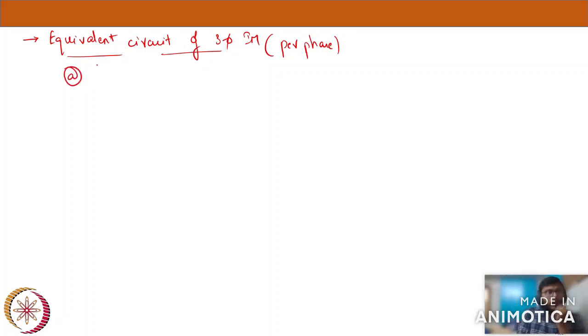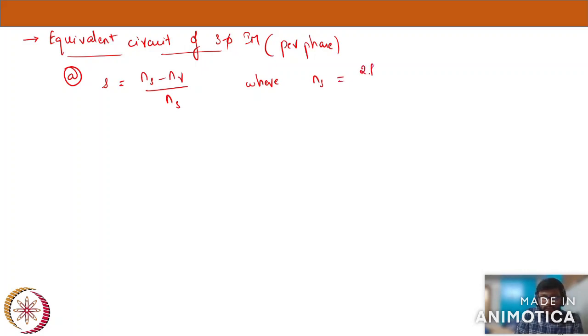Coming to slip, we know the slip comes into the picture whenever our rotor is rotating with some speed which is different from synchronous speed. If both rotor and stator are rotating at the same speed, there is no concept of slip. Slip won't be there, and that's why it's called an induction motor, but not a synchronous motor. So s is equal to (ns minus nr) by ns, where ns is the synchronous speed and nr is the rotor mechanical speed,